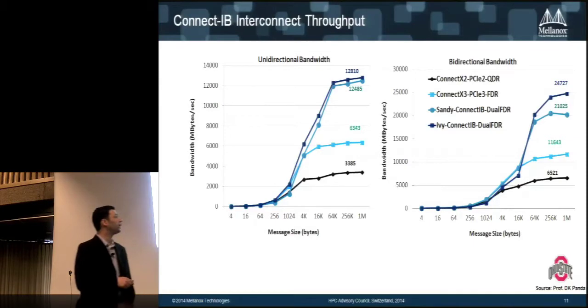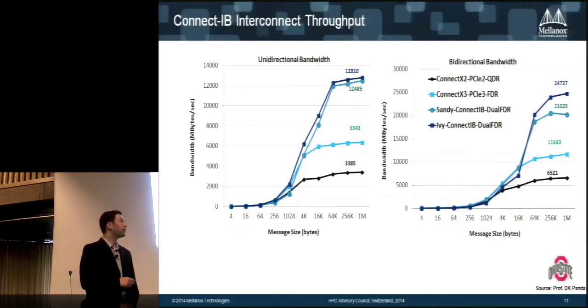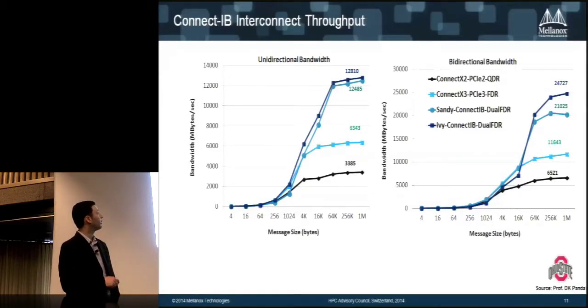Another graph showing the performance, the bandwidth of over 2 generations of ConnectX-2, ConnectX-3, and the current generation. So you can see the bandwidth depending on the message size, the bandwidth of unidirectional and bidirectional, and the left graph showing the evolution of ConnectX-2 from PCI Express Gen 2 to ConnectX-3 to PCI Express Gen 3. And then the two upper graphs are Connect-IB with the two Intel CPU generations. You can see also the slightly more improvement in the new platform.